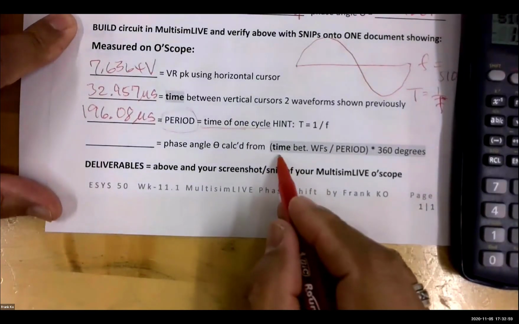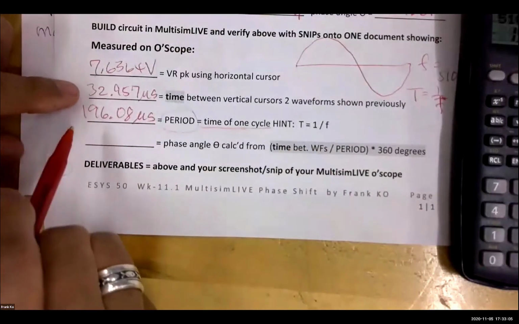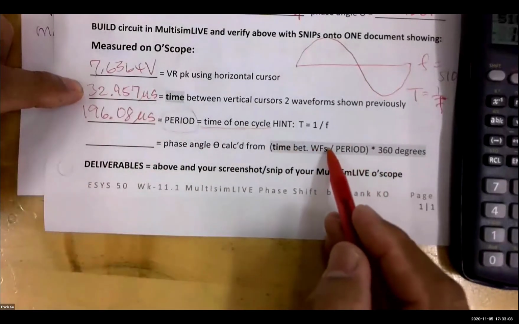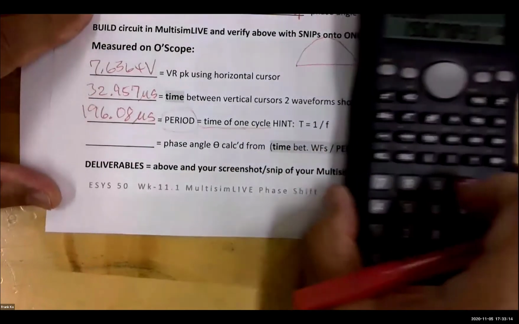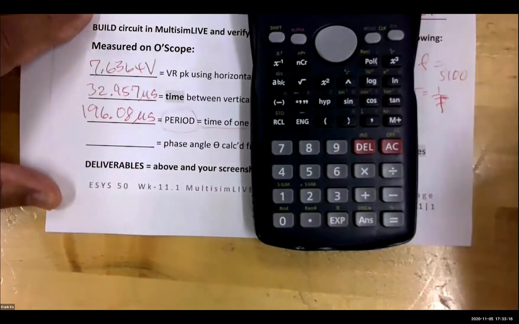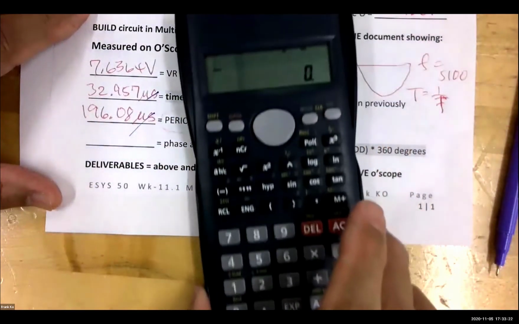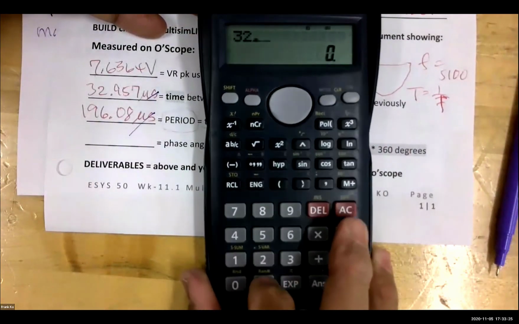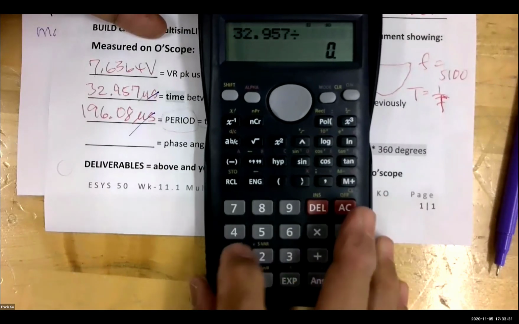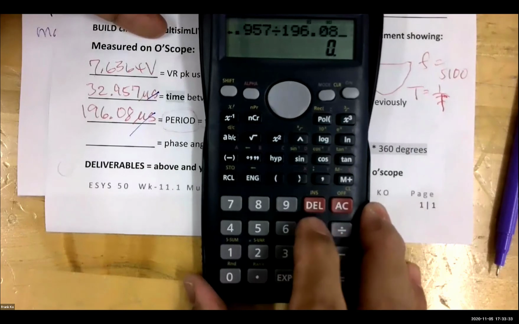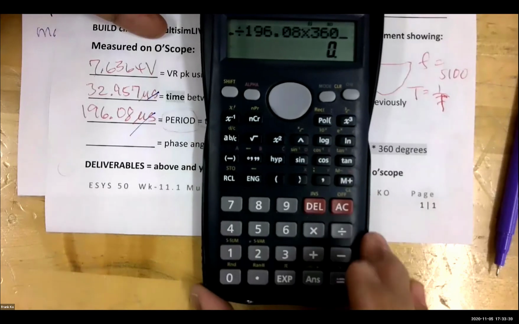You want to calculate the phase angle based on Multisim. It is the time between the waveforms, which was 32.957 micro, divided by the period, 196.08 micro, times 360. Watch the magic. Now, you don't have to key in micro because the micros cancel. So all you have to do on your calculator is this: 32.957, divide by 196.08, and then multiply by 360, equals